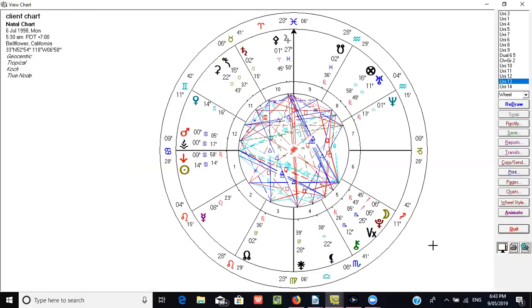These are really, really powerful Yods on a number of different levels. Now, I'm not here to unpack what these particular Yods mean. The point of today's presentation is to share with you guys, when you have either a Yod in your own chart, or if you're looking at another chart that has a Yod, if you are working with relationship astrology, synastry in this case,